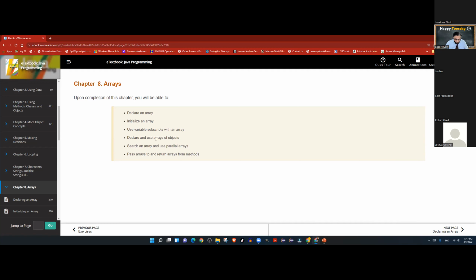Very good. Now, typically speaking in Java, data types are divided into how many types? The top level categories of data types in Java. How many?